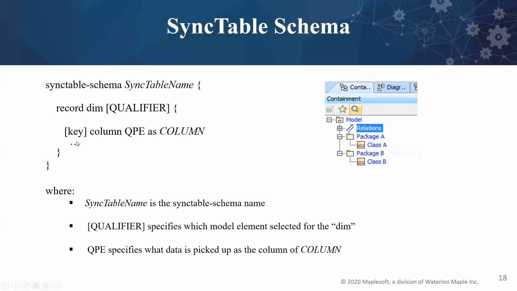Every dimension should have at least one key column. What this means is I can uniquely identify a dimension based on the key. So this means I cannot have, in a column, two classes called class A. That's not possible if I use a key column. That's what a key column will do. It is always going to accept unique information in that specific column.